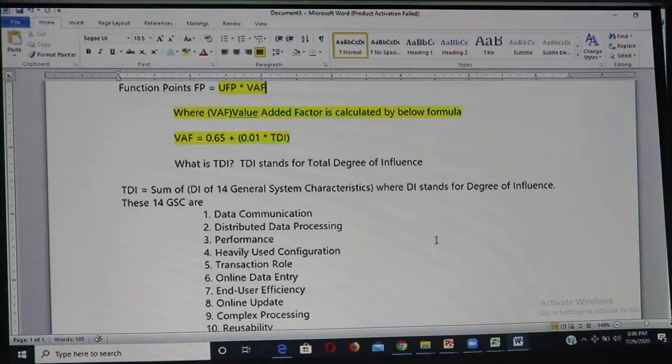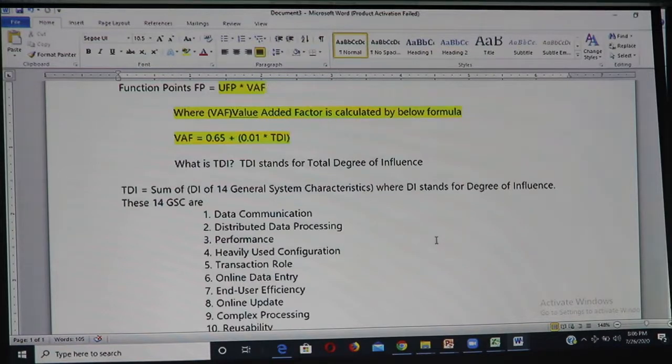In detail, we have seen the different functionalities that need to be counted, sized, or calculated. Those are data functionalities and transaction functionalities.